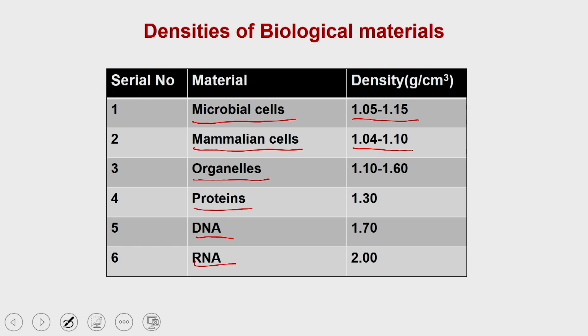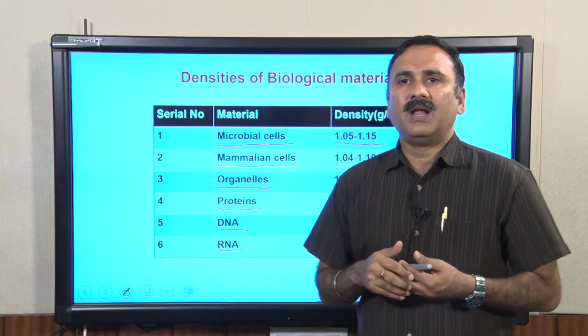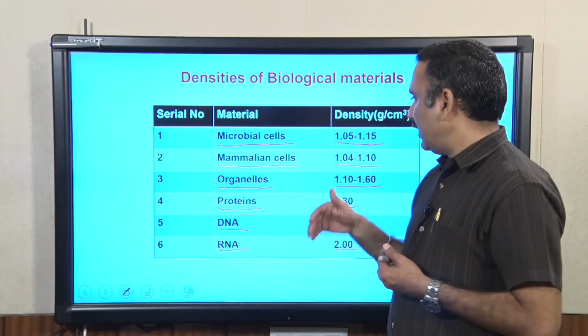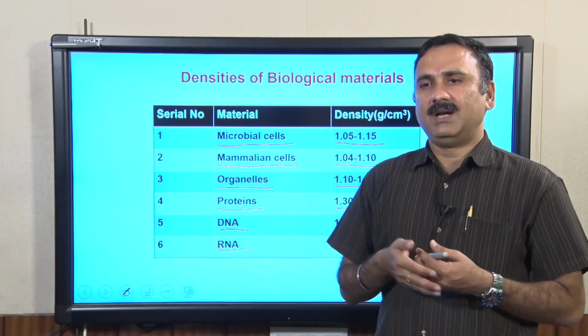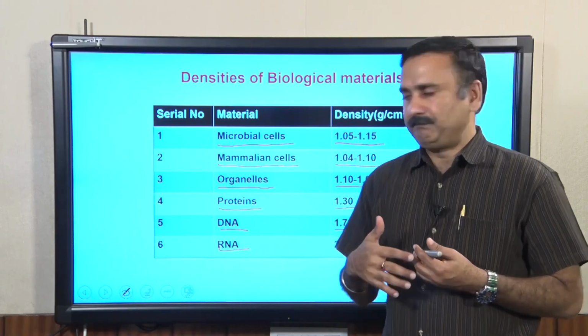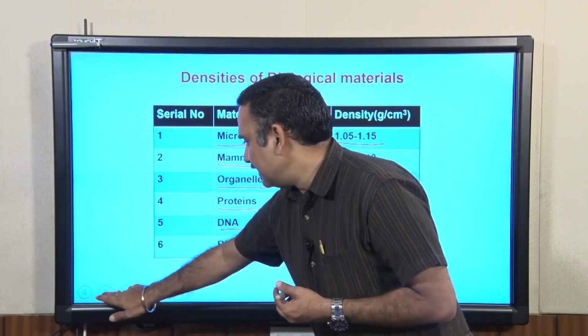Similarly, the organelles are very much different from the whole cell, and they are in the range of 1.1 to 1.6, whereas the proteins, DNA and RNA are also having different densities, which means since these biological samples are having different densities, you can also use this particular property to exploit and purify, to separate them in a density gradient